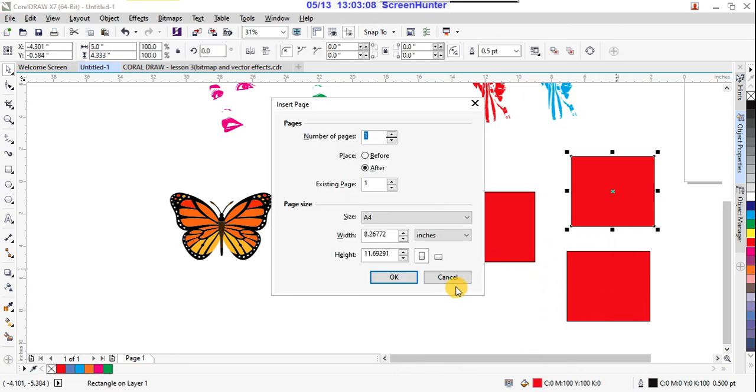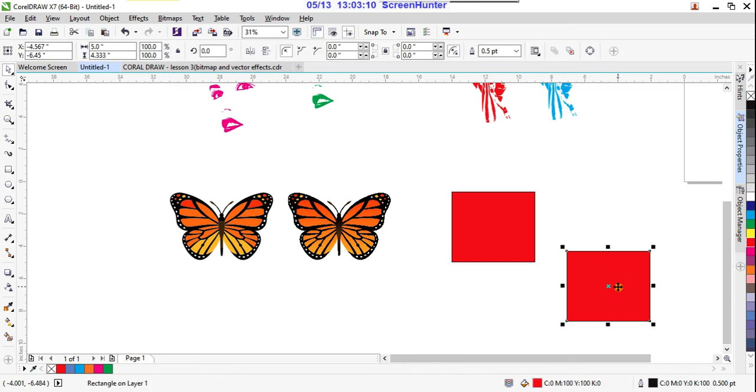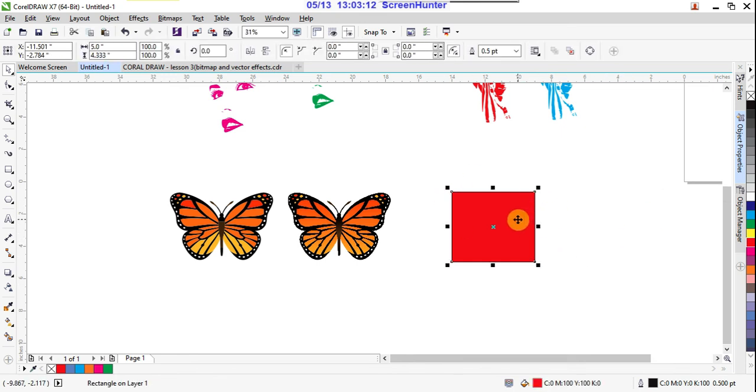But this is one image. When you convert this shape into a symbol, what will happen? I'll explain here, right?